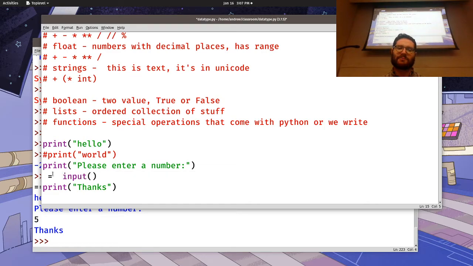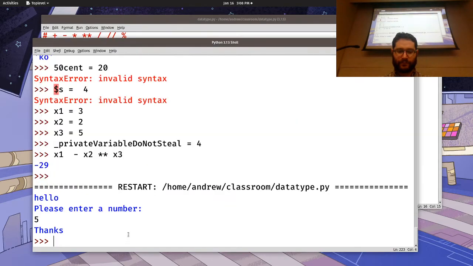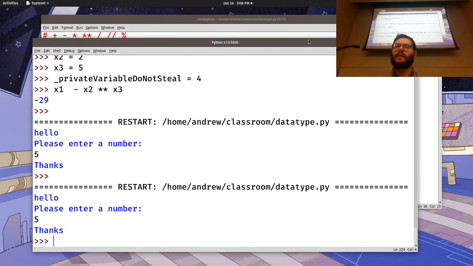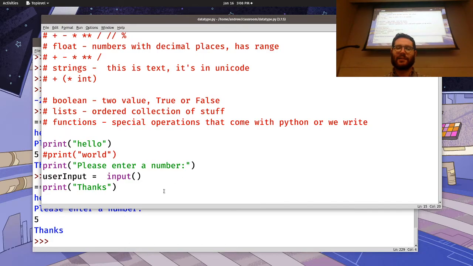And when we have an expression, we can say, take the value that results on the right and store it in the left. So we'll say that user input is equal to input. Store input in user input. And then it will print thanks. Please enter a number. 5. Thanks. Now I haven't done anything with it yet, so let's go ahead and say print